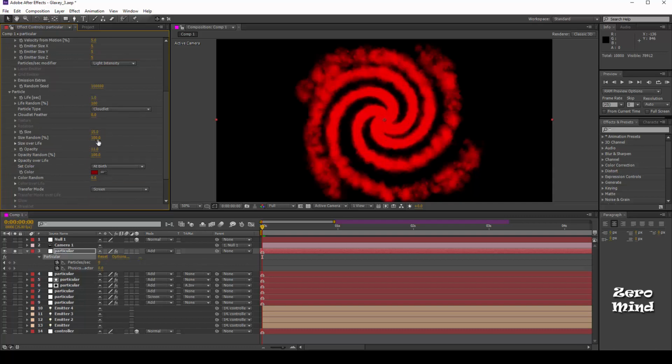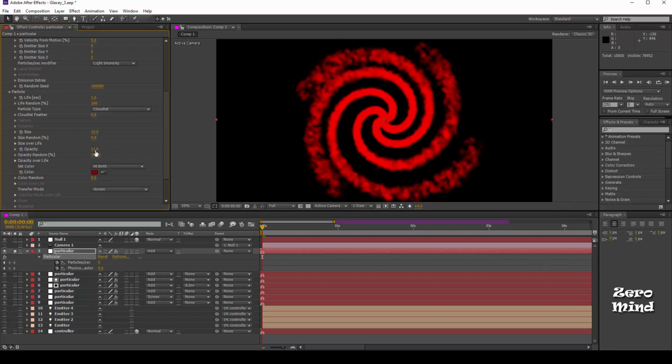Size random is 0. Size and opacity over life, opacity 6.0, 25, and opacity random around 20%.